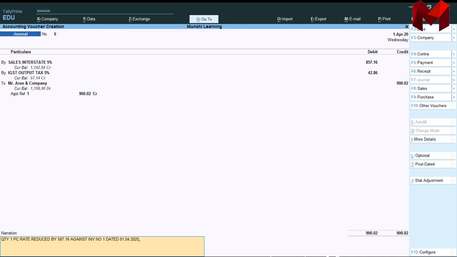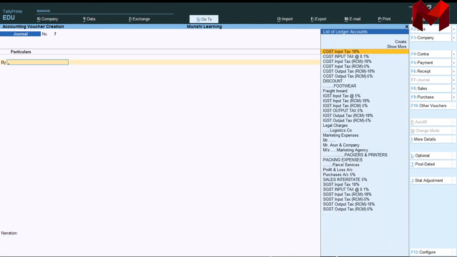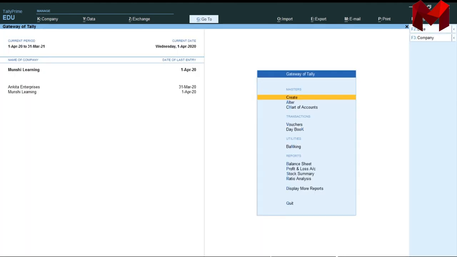Yes, all the detailed information is written over here in narration. You can write your information, like if you write the complete bill number, which was for the bill which we have seen in the class, against invoice number SAL 177 slash 1920. You can write like this as well. So this is your choice that what you are going to write. Now save. Now let us have a look at all the accounts which are shown in the ledger.